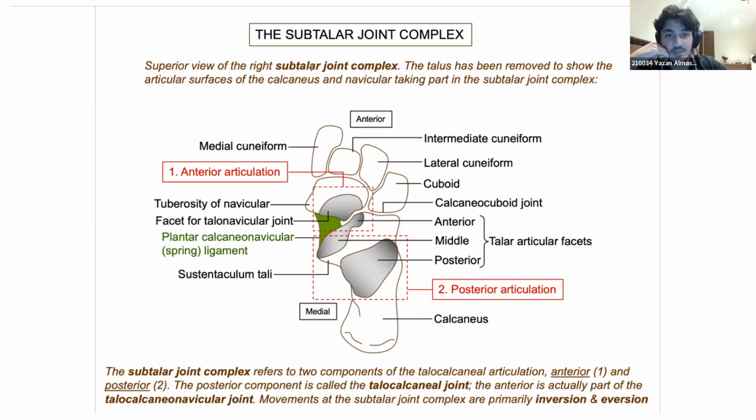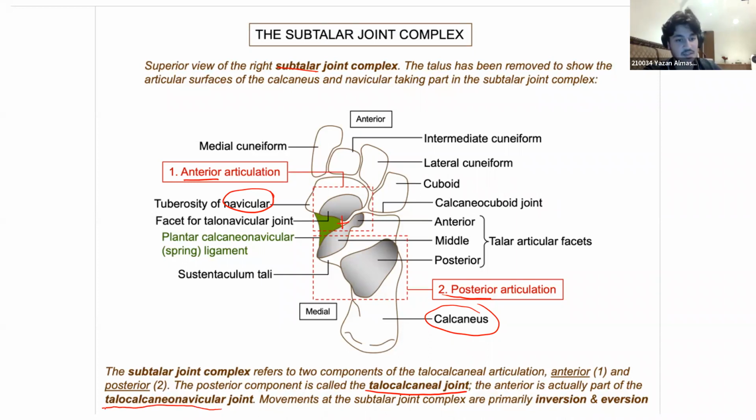Now, the subtalar joint, from its name, subtalar, below the talus or the talar. Talus is the bone, one of the tarsal bones that we talked about. So subtalar, below the talus, we have connection with the talus bone with multiple bones. So what are these bones? We have the calcaneus and navicular, and we have two articulations: anterior articulation and posterior articulation. The posterior articulation will be only between calcaneus and talus. So if we join the words together, we get talocalcanean joint, and this is the posterior articulation. The anterior articulation will be between the calcaneus plus the navicular plus the talus. So we're going to make a really long word, which is the